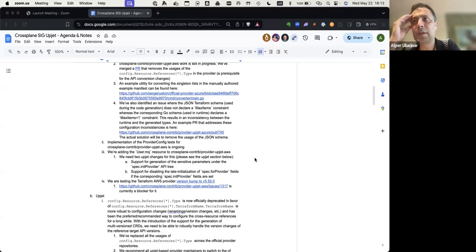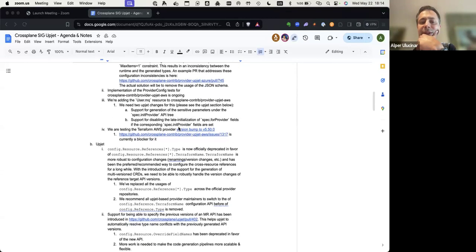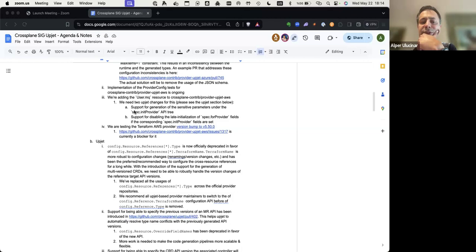Normally, we don't cover resource additions in the meeting. However, related to this work stream, we need to introduce two sets of changes into Upjet, so I wanted to mention this effort. And I will talk in more detail about these Upjet changes that we are planning to introduce.